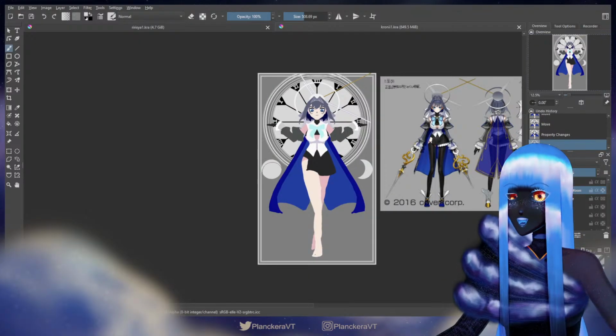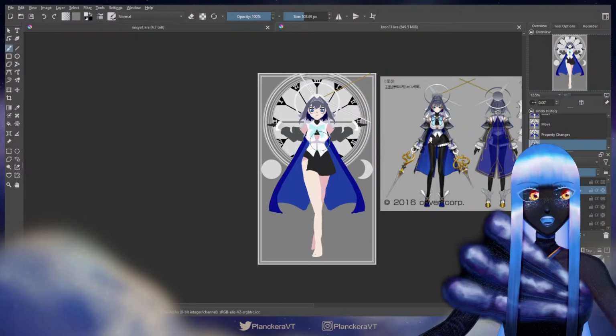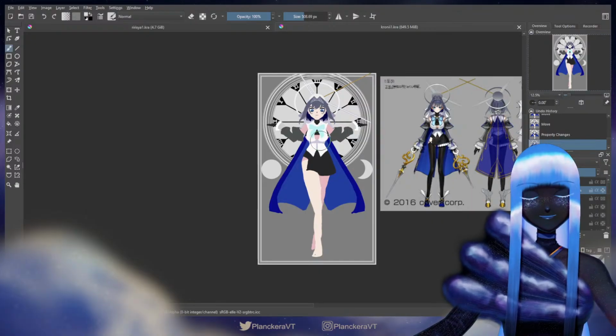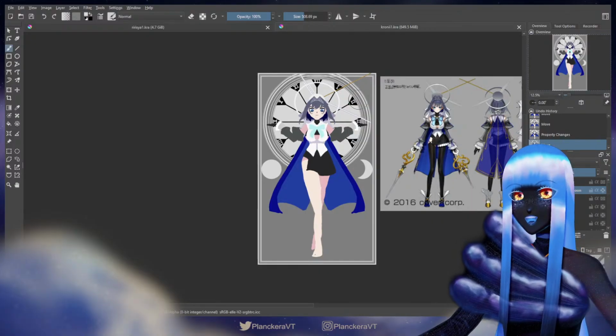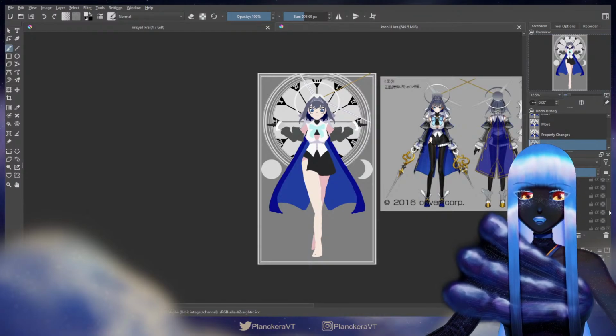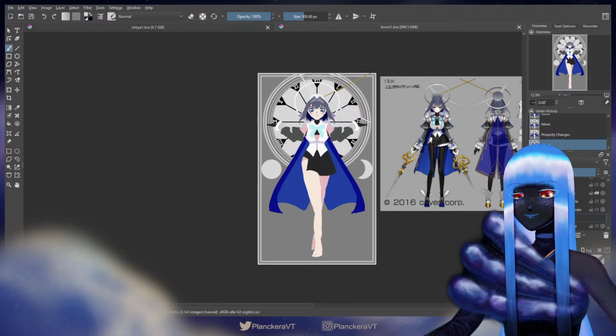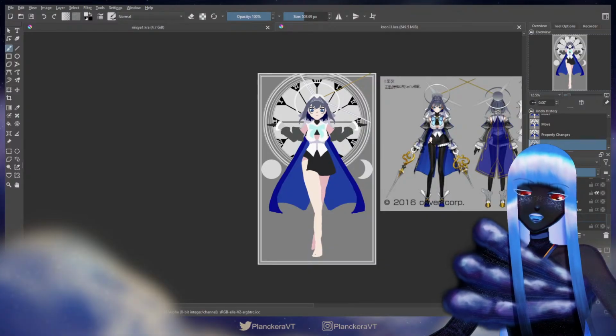I still don't like how close to the edge these are, rubbing right up against that border I got there, and I'd have to figure out what the heck to do with this. I don't actually know. It might just be that I erase the border itself there. Let me... Hold on. I need to label this.